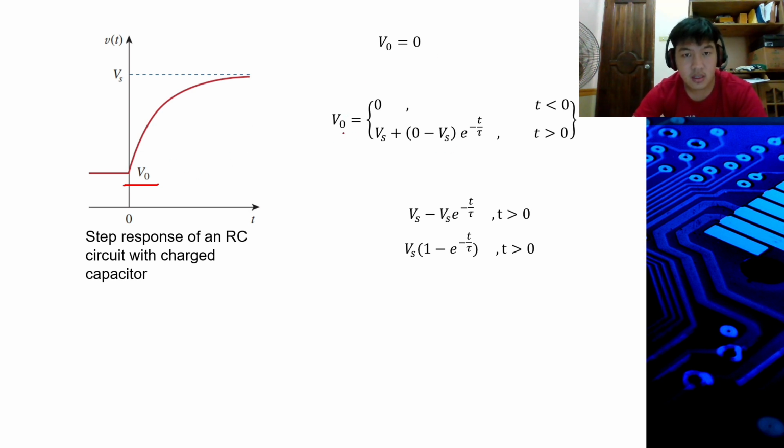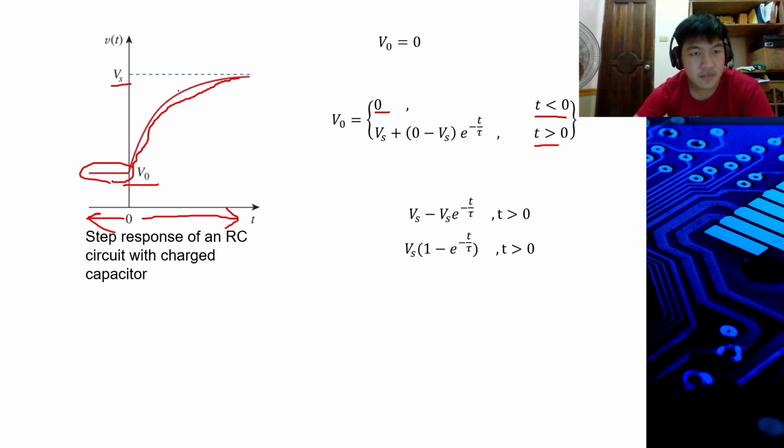So V naught is equal to 0 when t is less than 0. So when t is less than 0, so nadiri ang value, which is pa naka-charge. So when t is greater than 0, dire greater than 0 is exponentially increasing yang waveform until ma-reach niya niyang Vs, or yang source, which is Vs plus 0 minus Vs times e raised to negative t over